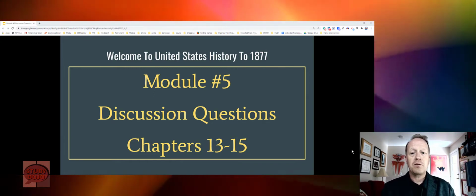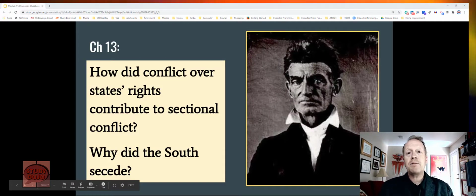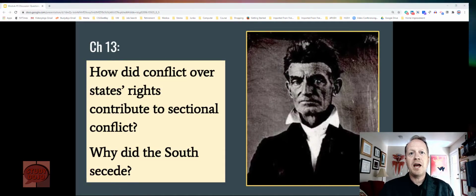So the first chapter we're looking at in Module 5 is Chapter 13, and Chapter 13 is called The Sectional Crisis. It is the chapter just before the outbreak of violence in the Civil War, and it contains some of the more interesting and dramatic stories from the era. And one of my favorites is John Brown and his raid on Harper's Ferry, Virginia. This is, I think, an amazing event for an educator to use in their course because of John Brown's very